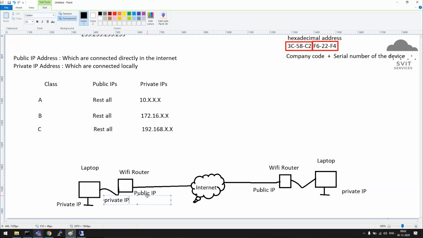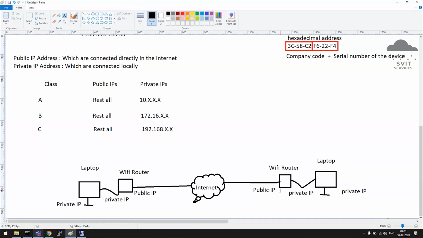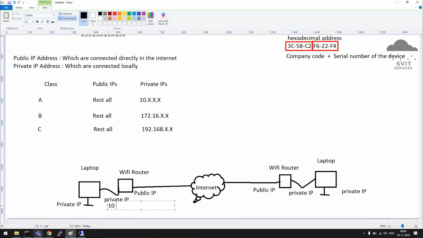It has a small DHCP protocol. It can serve up to 10 IPs or 15 IPs, depending on the device. While purchasing the router, you need to check how many devices you can connect in parallel. Basically, we ask when purchasing that router how many connections we can connect in parallel. He will say 5, 10, depending on the device. That means it has 5 private IP addresses here. We will discuss later how machines automatically get IP addresses. So this Wi-Fi router will have some 5 to 10 private IPs from this IP pool. Let's say 10 private IPs.